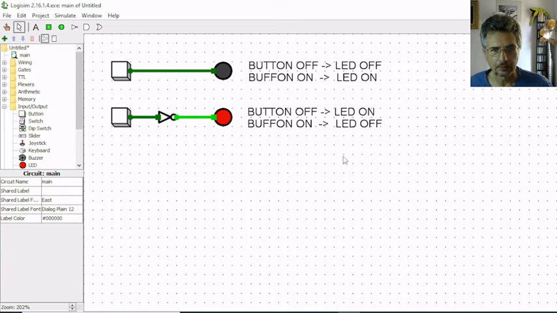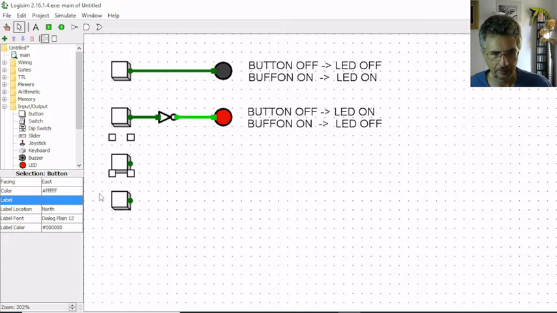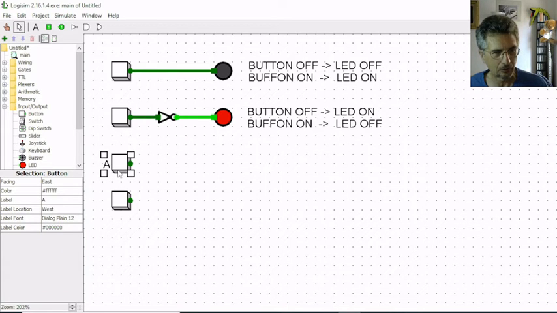Now I'm going to try another circuit, but this time I use two buttons, 1 and 2. And in order to distinguish them, I put a label on each button in this way. In the property window, you see there is a label field here. On the first button, I write a name, letter A, and you see by default the label is put here, and I want to change the position of the label, and I have label location, and I can choose west. So the label is on the left of the button, and I do the same thing with the second button, and here I use the label B